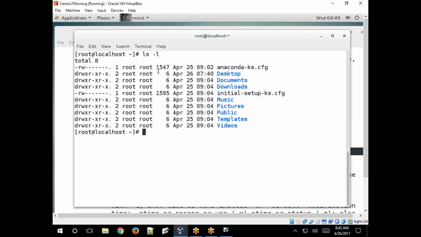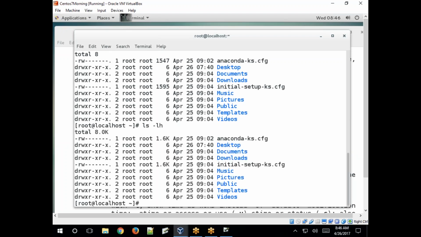So this is the file size, right? If you want to see this file size in human readable format, use h. Now it shows 1.6K. Before it showed 1547. Now it shows in human readable format, right? h is the option to print human readable format.